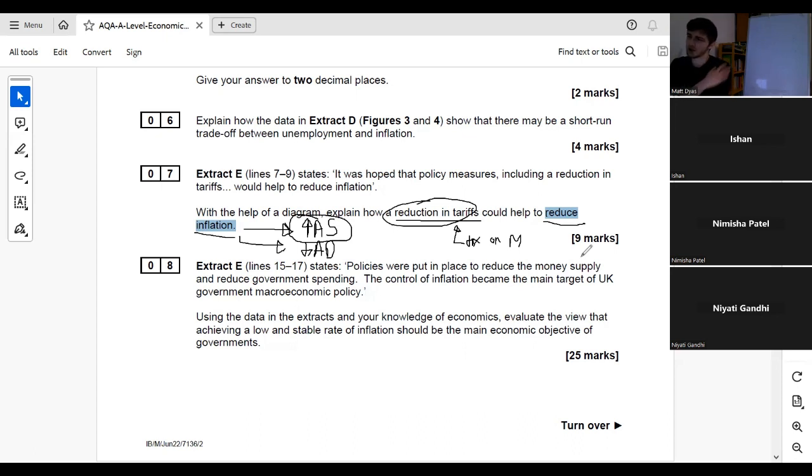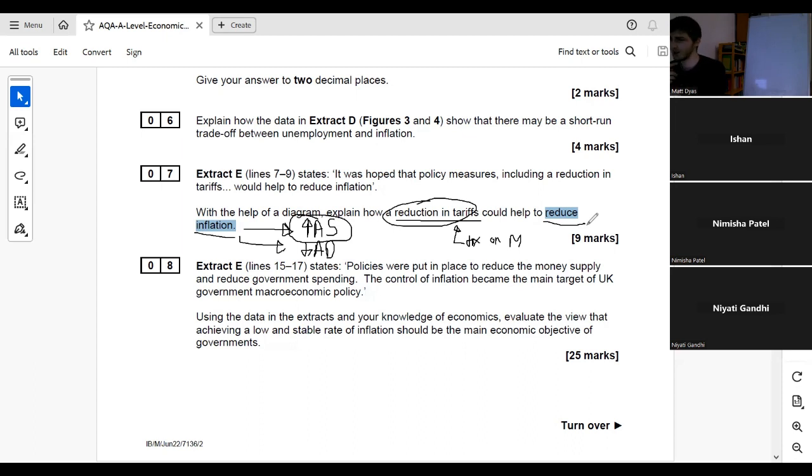So here's my question to you guys. If you decrease, and very quick answer in the chat, please, if you decrease the price of imports, what should happen to demand for imports? That's correct. Decrease price of imports. That part is correct. Reduce tariffs, decrease price of imports. Good, Krishna, good Mira, increase, right? So reduced price of imports equals more demand for imports.